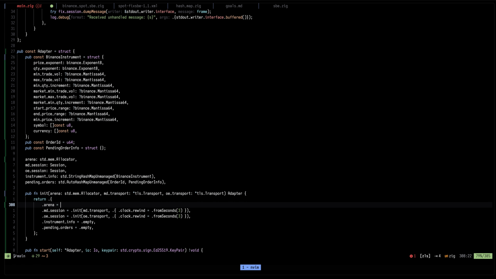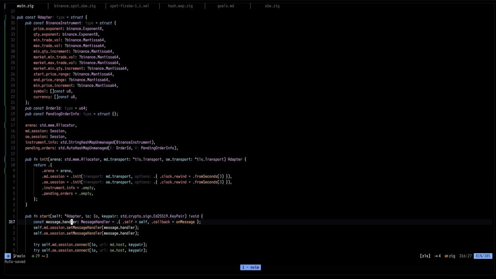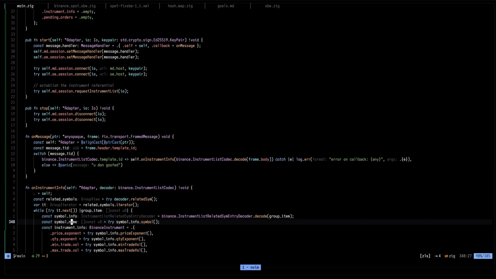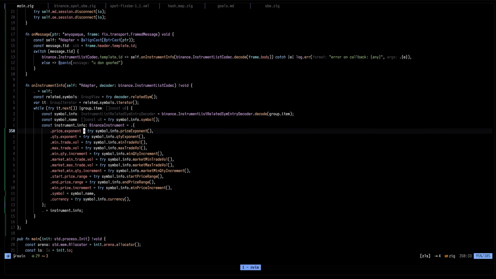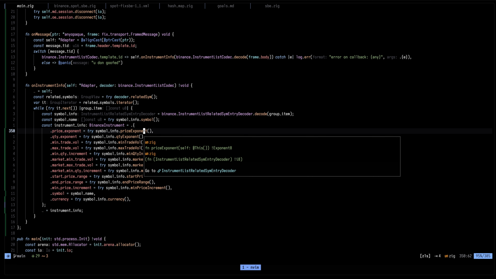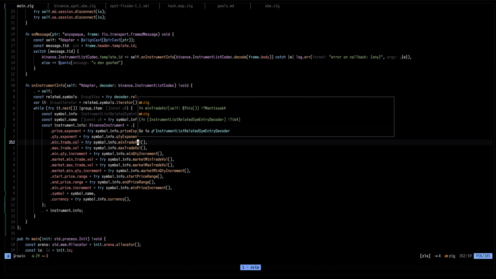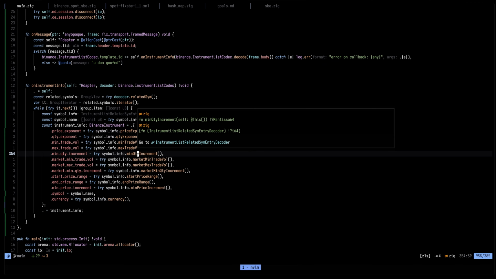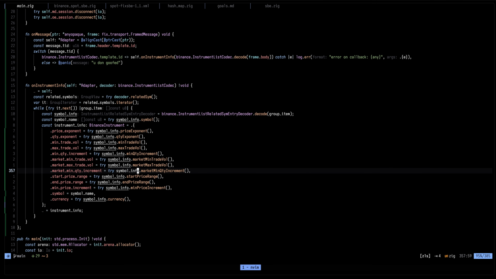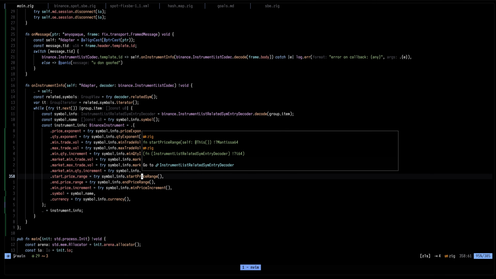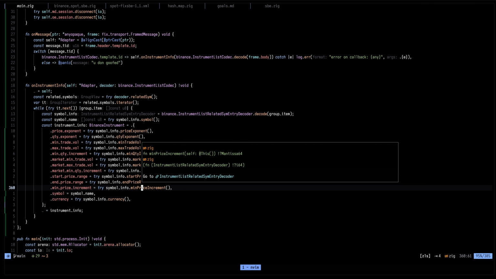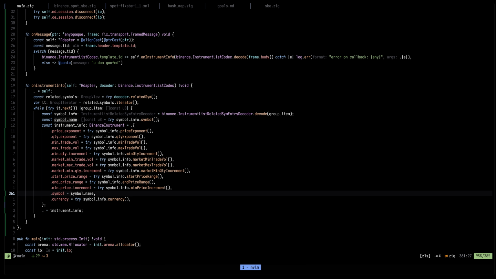Arena is arena, of course, and we are going to move. But here, of course, we are going to need to, so these guys are all ints, so that's fine. All of these are okay. I think there's just the two last ones that are